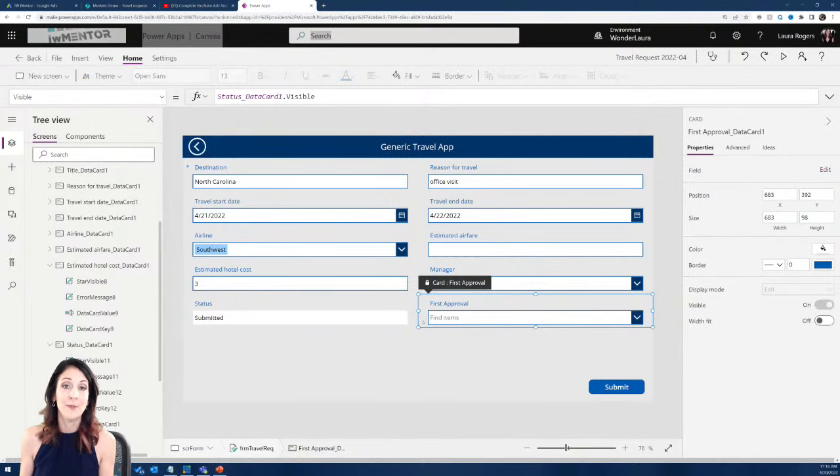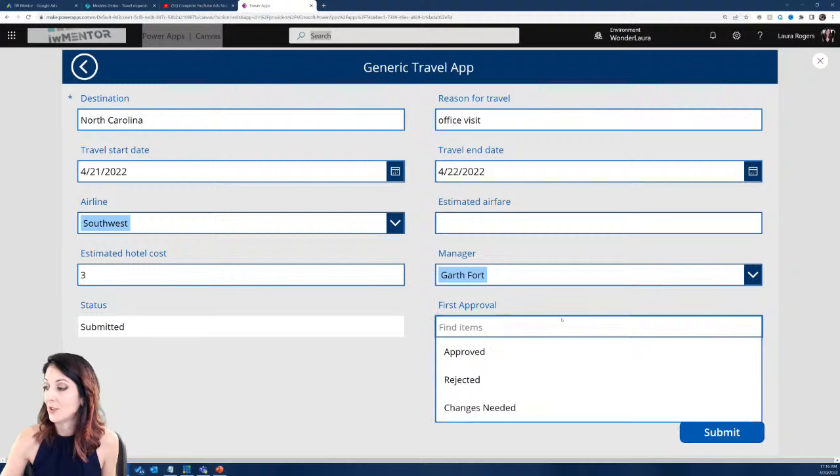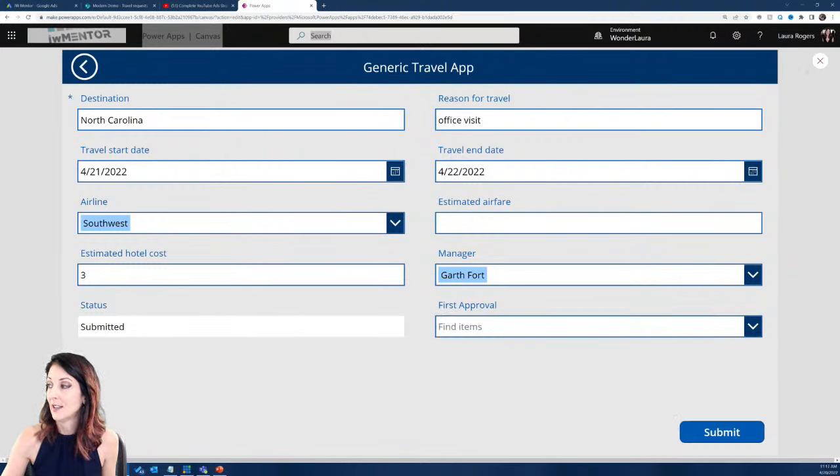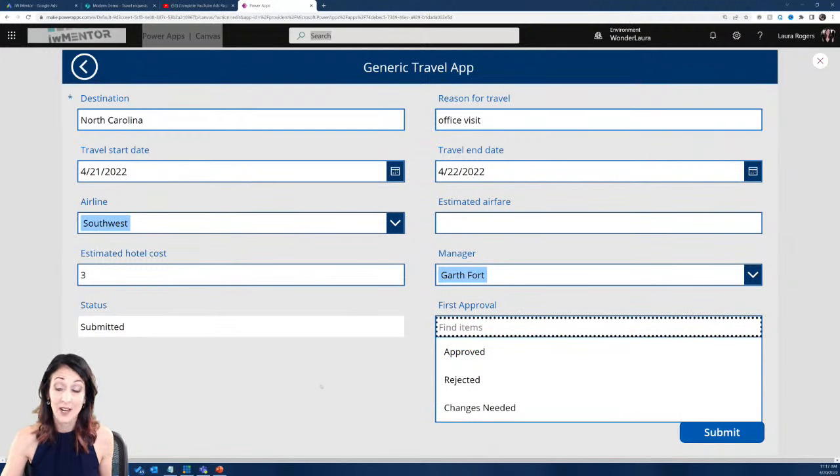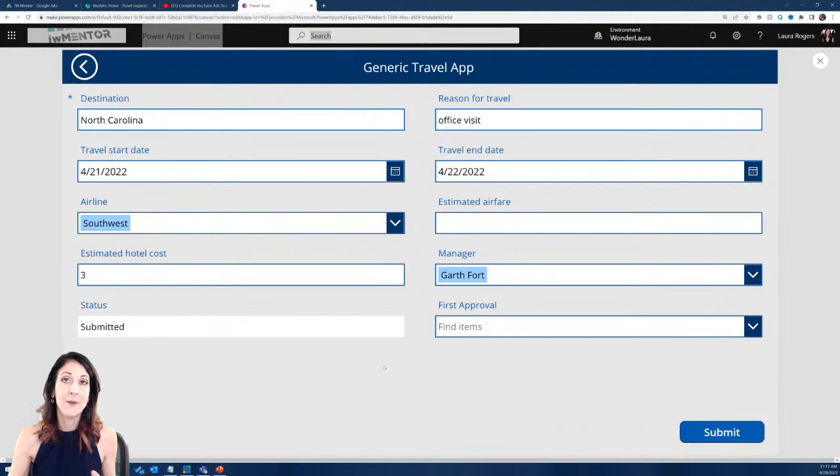once it gets submitted and maybe somebody gets an email and they go in here and the manager makes a decision, then my logic is going to be: if the status is submitted and this first approval is not blank, then change the status to manager approved, or whatever the manager decides, like approved, rejected, or changes needed. I can even concatenate whatever they decided onto the name of the status if I want to. But I'm going to do something pretty simple and say